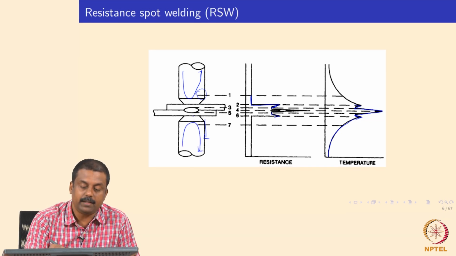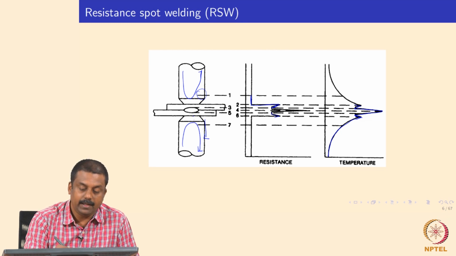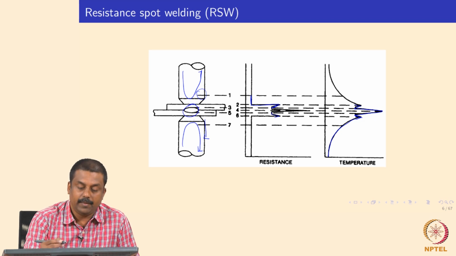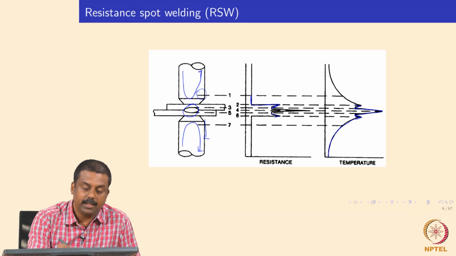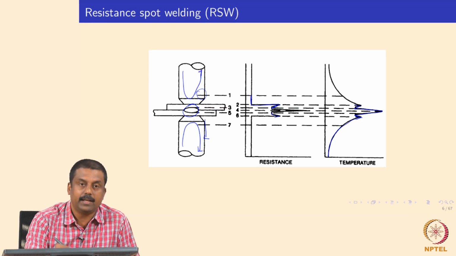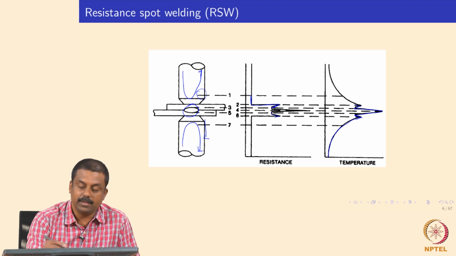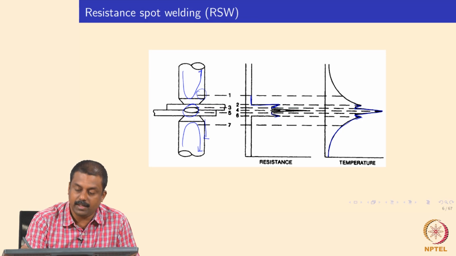Due to the fact that the heat transfer is very effective, when you form a weld nugget by the contact resistance of the interface, the water cooled copper electrodes can extract heat extremely efficiently. So we need to make sure that the copper electrodes are cooled and the temperature is not increased. So in real life the situation is extremely sharp.